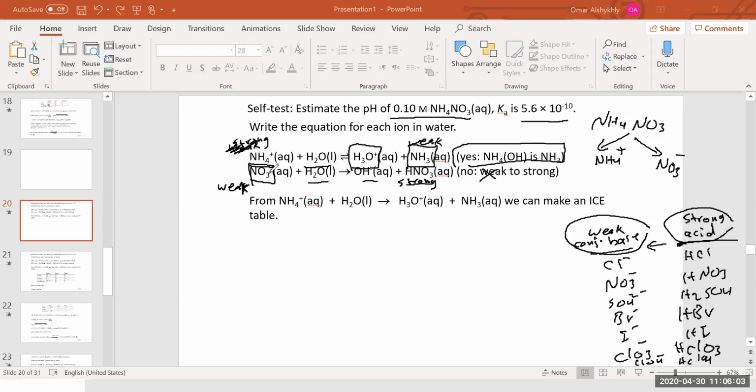So that's why I decide NO3 is weak. Look at here, NO3 is on the list of the weak ones. So NO3 would have to give you the strong, so that's not going to happen. Now,